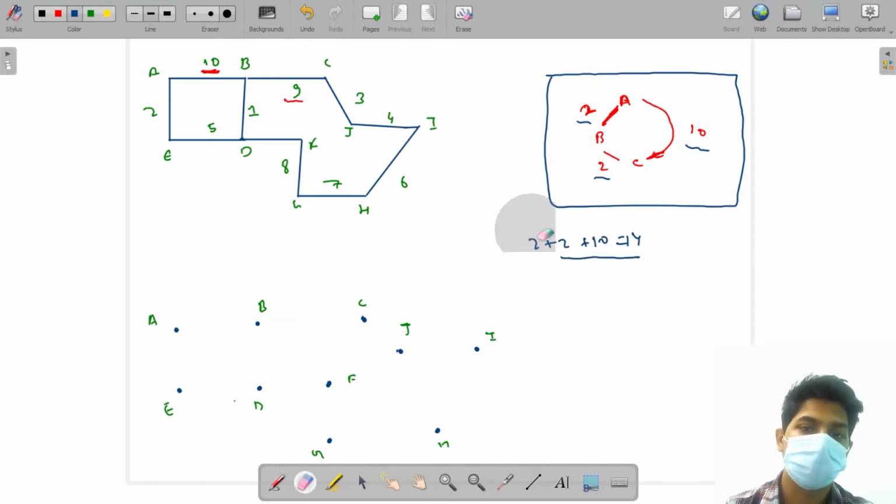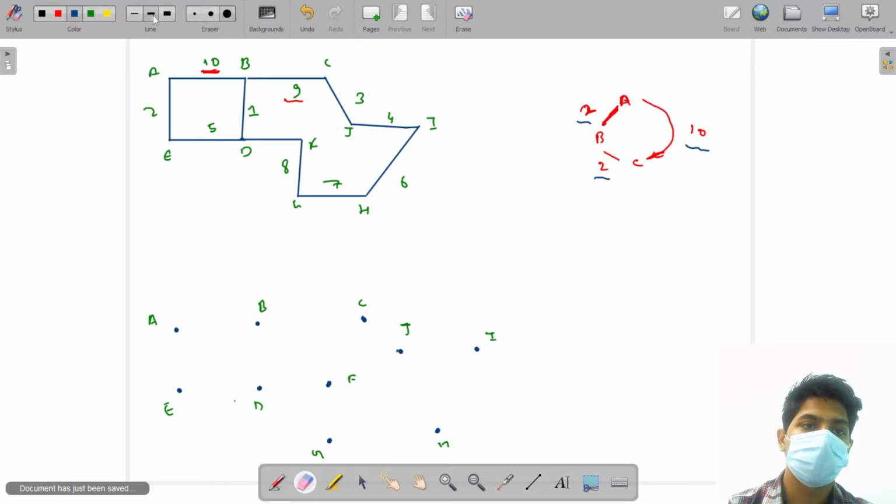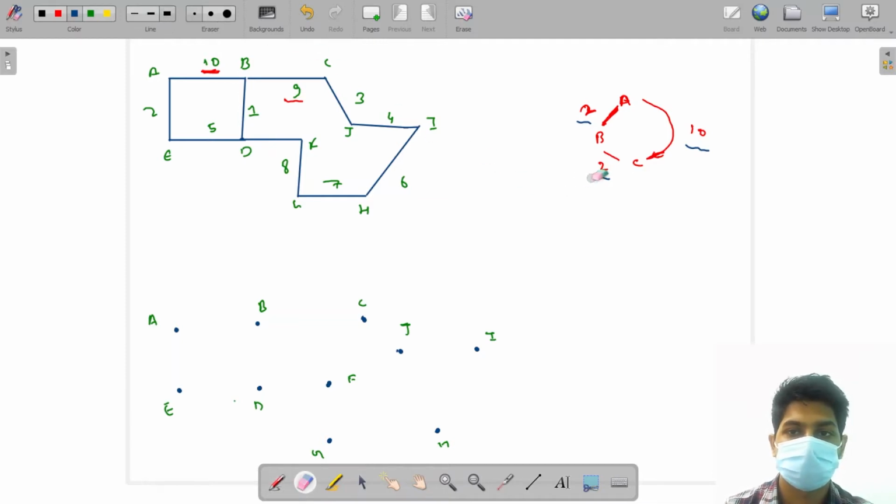Okay, now our aim is that we have to reduce the total cost of the graph. Okay, but we don't want to lose some connections. It is not that I will remove some connection. Like suppose if I remove the connection from B to C, and if I remove the connection from A to C, then what happened?